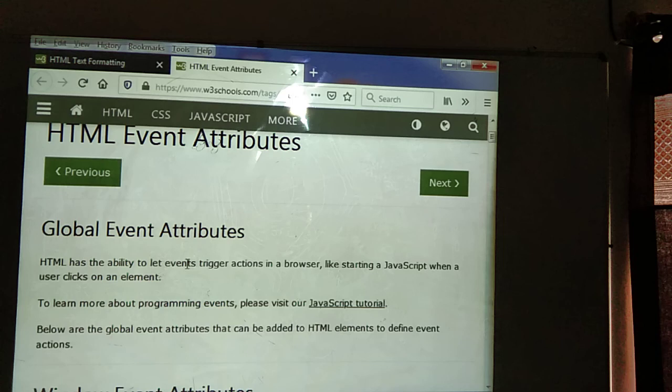Next, onchange. Onchange means we can execute JavaScript when the user changes the selected option. Here we use the select menu we have created. After that we select some element, and at that time this action will be performed. How to write? The onchange attribute is used. Where do we write this? In the select element, the attribute onchange, and we call myFunction.